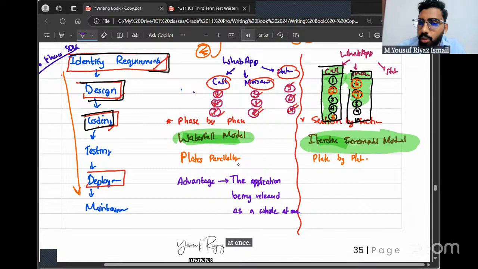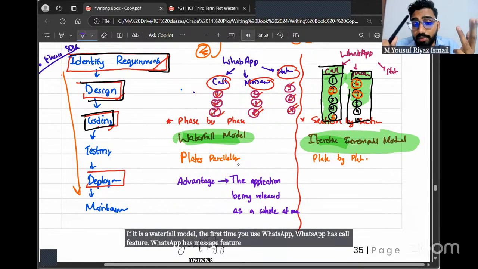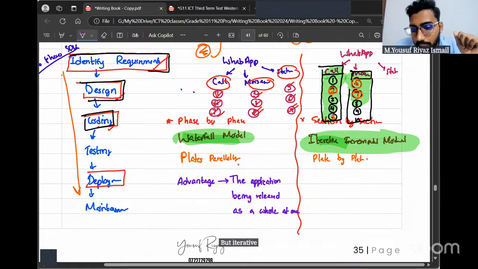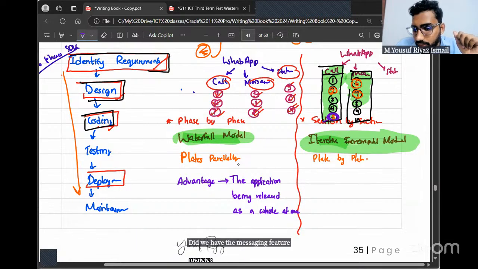Now, if you take waterfall model, the first time you use WhatsApp, WhatsApp has call feature, WhatsApp has message feature, but WhatsApp has status feature. In the first version itself, you have the full application ready. But iterative incremental model, when we published the application for the first time, did we have the messaging feature and status section when we published here?